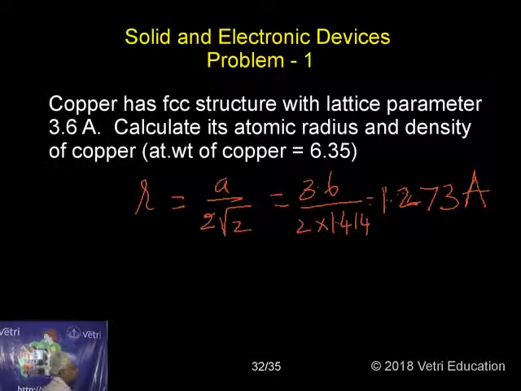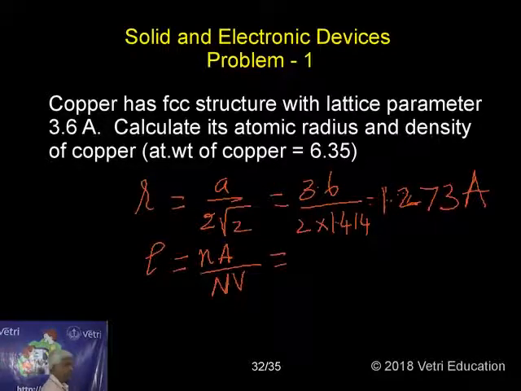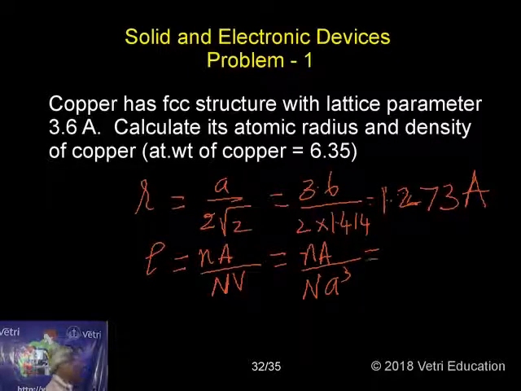But the density question is asked, and that is also given in the formula: density is N A divided by capital N into V. This is also given in the chart at the beginning of the class. That is equal to N A by N into volume A cube. So we simply get the value of A. For FCC, N is equal to 4. Copper has FCC structure with the lattice parameter. Calculate its atomic radius and density of copper. Copper has N is equal to 4 into